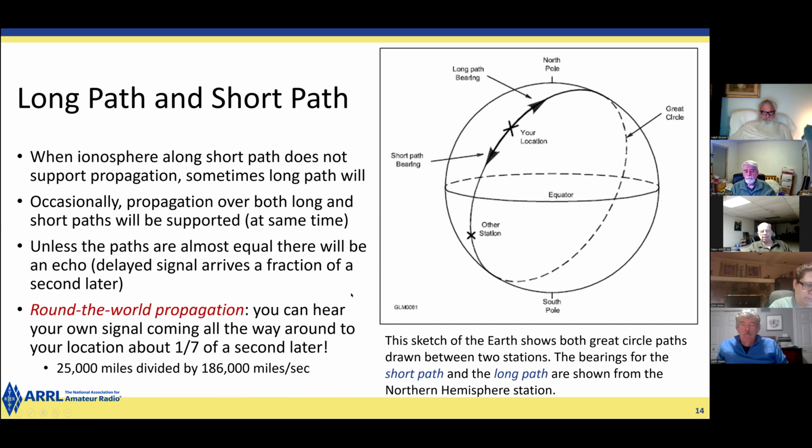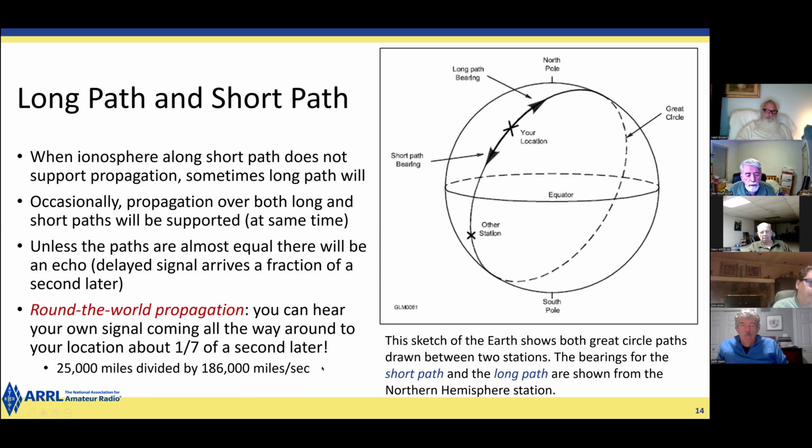If you're sending CW, say, where your transmitter is going on and off, and with a good transceiver, the receiver switches right back in between dits and dahs, you might hear your own signal about 1/7 of a second later. That's the time it takes for a radio signal to make multiple hops around the globe. In other words, going up to the ionosphere and back to Earth several times. This is very rare, but